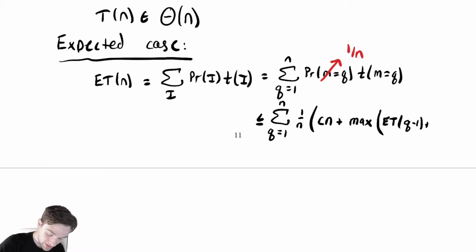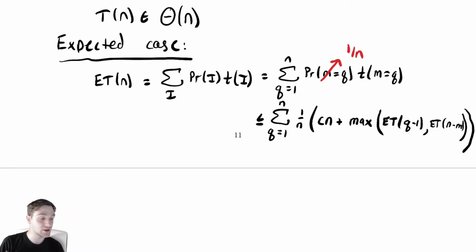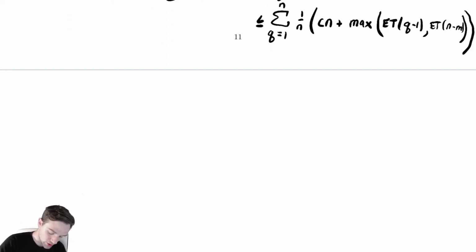And then we're finding the max between that and the expected time of n minus m. So it's always taking the worst possible choice when we have a choice between our two recursive calls. And our hope here is that by doing this, we can get an upper bound that is the same as our best case. So we're now going to proceed by doing our normal trick with the number line,